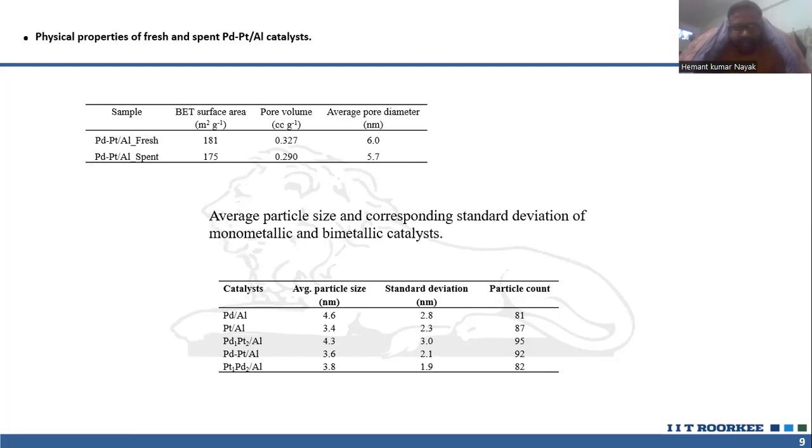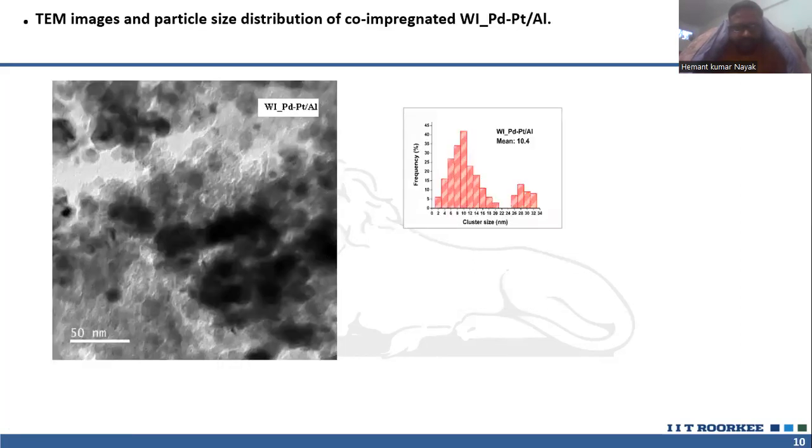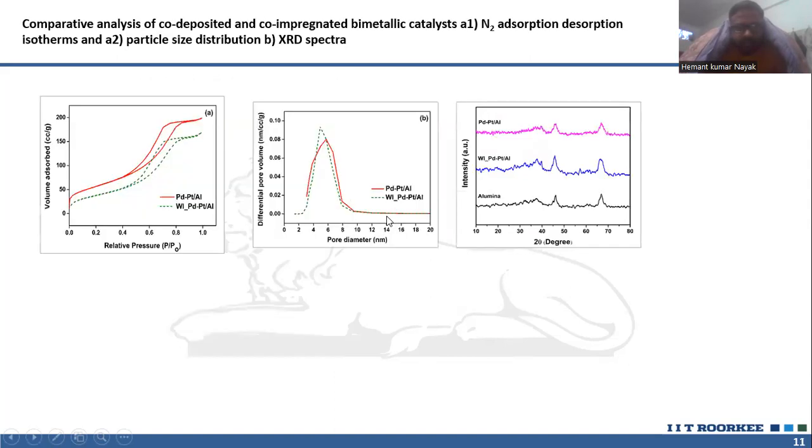This is from TEM analysis. This is the TEM picture, and you can see the morphology of the catalyst. And this is the size count, frequency versus cluster size. The mean cluster size was 10.4 nanometer. So in the comparative study,